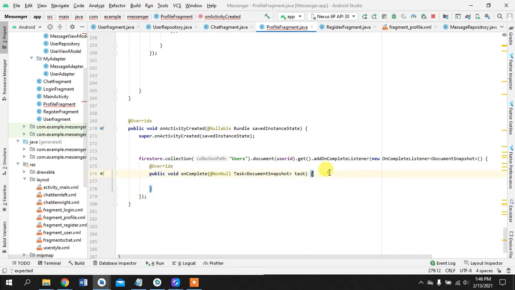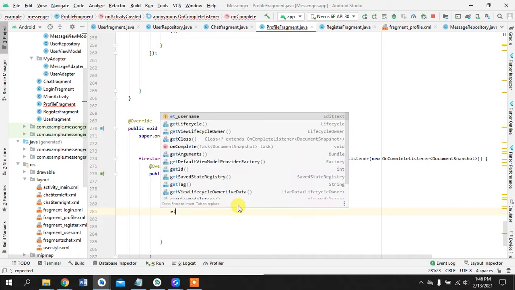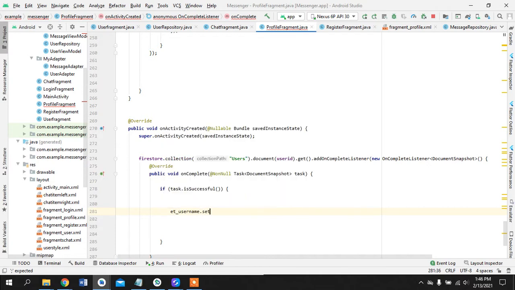So this is where we are only querying a document. Whoever is logged in, we want to display edit text, set text. So user model task dot